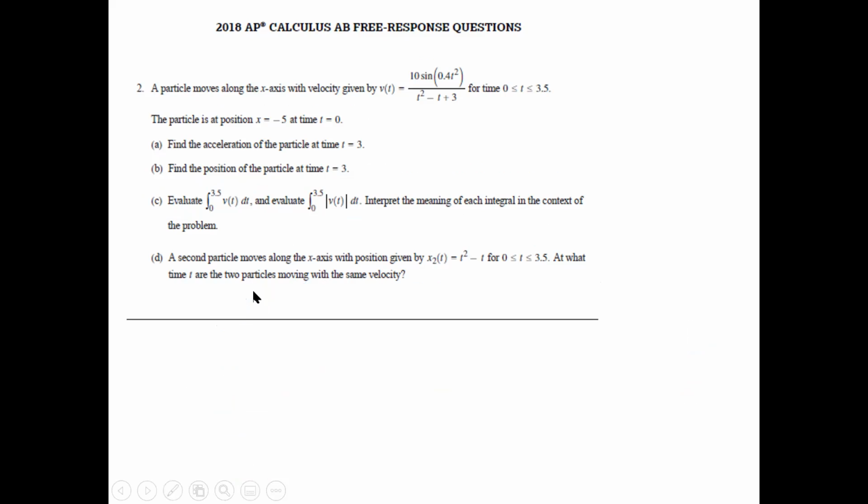Okay, so for part D, it says a second particle moves along the x-axis with position given by this between 0 and 3.5. At what time are the two particles moving with the same velocity? So we're going to go ahead and perhaps set them equal to each other. Your second particle, I'm just going to put that as x2 of t is equal to t squared minus t. Your first particle is given to you,